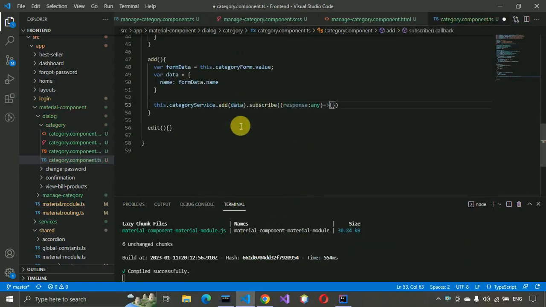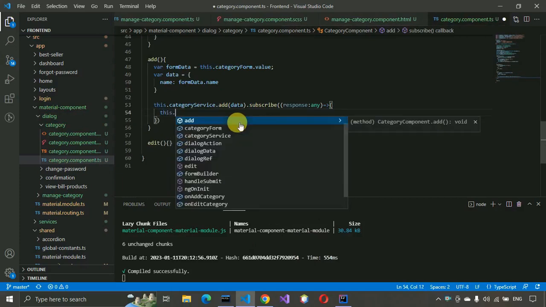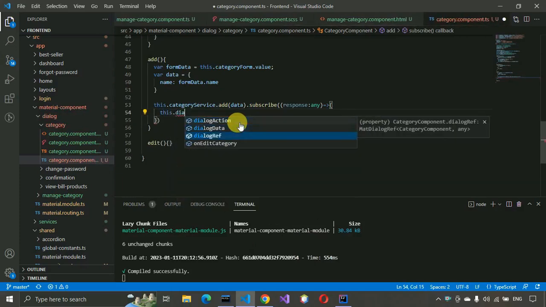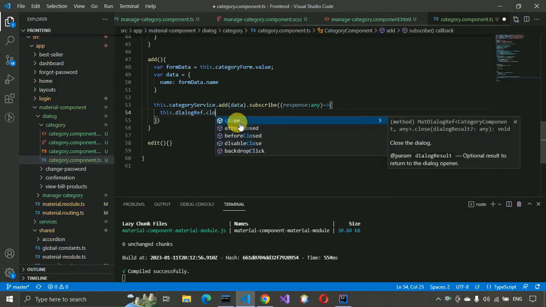Let me move a little bit up this one. this.dialogReference.close,